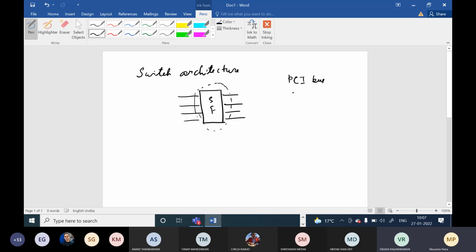PCI bus. Then what did we have? We had a shared bus architecture. Okay, so this was a shared bus. This was the second generation. So first generation was the PCI bus. Second generation was a shared bus architecture, and then came the third generation where we had switch fabrics. Okay. So this is a recapitulation of what we have done and just how we are moving towards the next